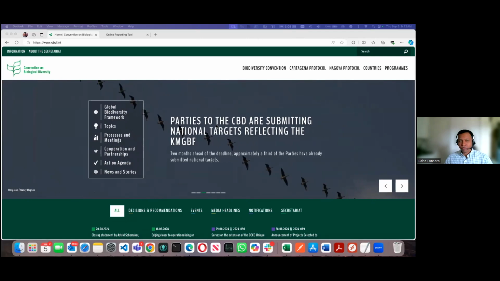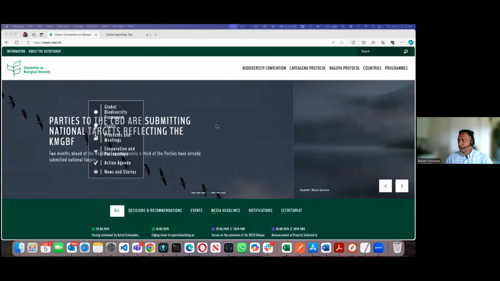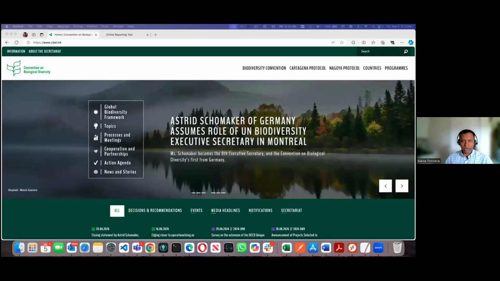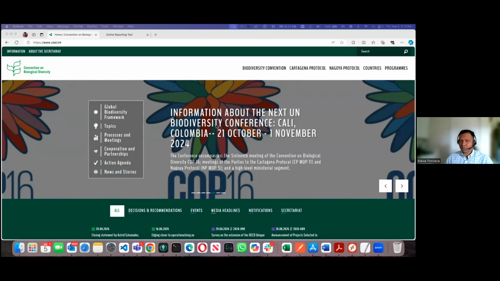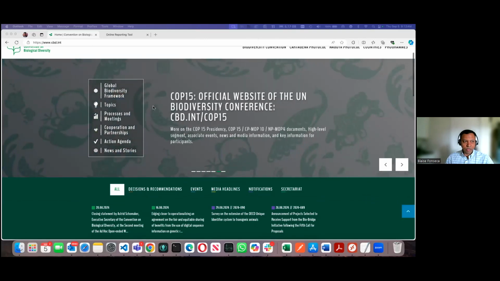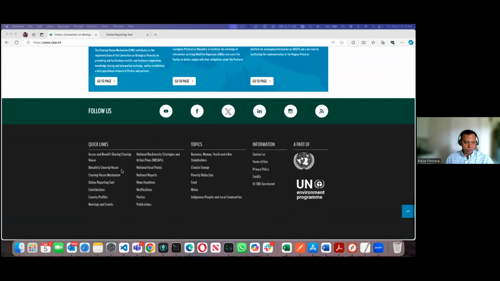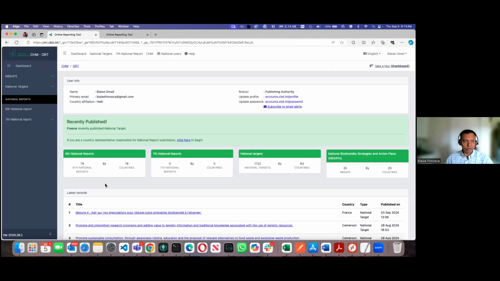So good morning, good afternoon, everyone. Before we start with the demonstration, I just want to highlight how to access the online reporting tool. The easiest way to access the online reporting tool is to go to the CBD site, and then if you scroll down to the footer section, there are quick links, and you should be able to see the online reporting tool link, and that's the easiest way to navigate to the tool. You'll also see this link on the NBSAP page under the CBD website,